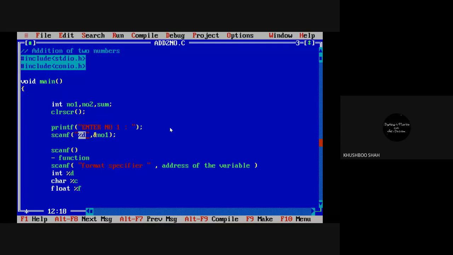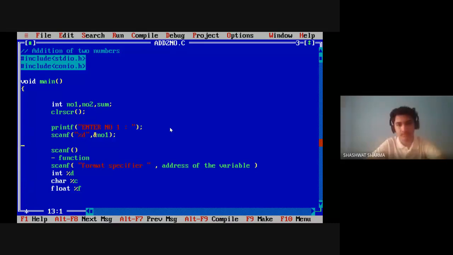So whatever value you enter immediately after enter number 1, that value will be stored at the no1 location. Understood, everyone? Yes, ma'am.